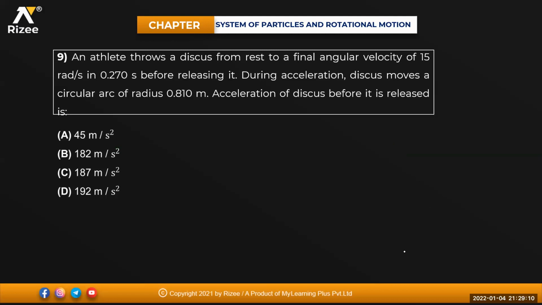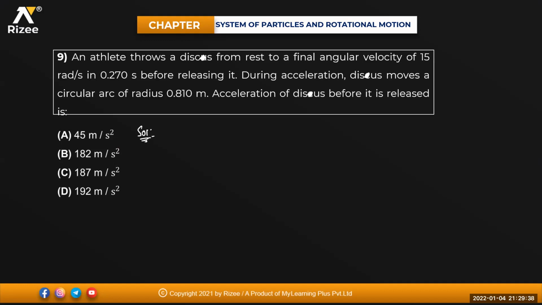Next question. An athlete throws a disc. This is a disc, beta. Athlete throws a disc from rest to a final angular velocity of 15 radian per second in 0.27 seconds before releasing it. During the acceleration, the disc moves in a circular arc of radius 0.810 meter. Acceleration of the disc before it is released is